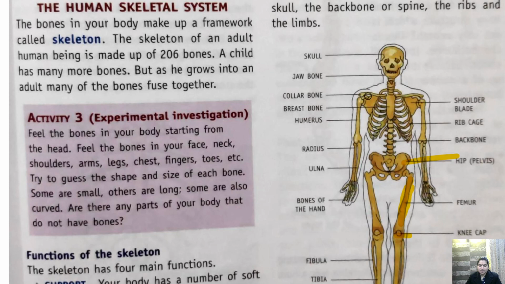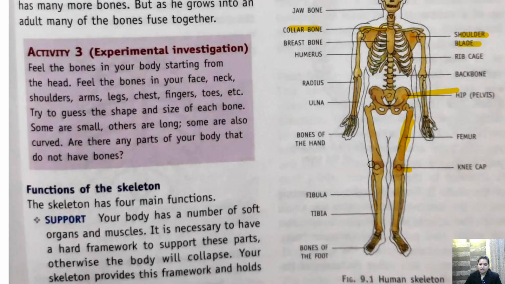So the hand is attached to a collarbone. So this is a collarbone and a shoulder blade. At the back we have a shoulder blade. Okay. And a collarbone. Then in the leg we have femur, which is the longest bone, kneecap, then fibula and tibia. So children, the thicker one is called tibia and the thinner one is called fibula. So there is one correction.